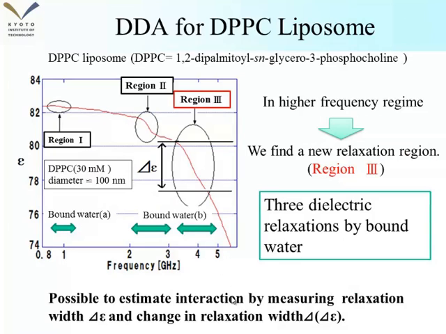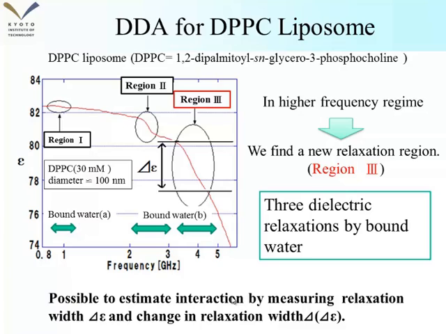We use the DDA for DPPC liposome. We use DPPC liposome in this research, and DPPC is abbreviation of 1,2-dipalmitoyl-sn-glycero-3-phosphocholine. This is measurement result of DDA, that is frequency dependence on permittivity. We use the liposome with concentration of 30 millimolar and molecular diameter around 100 nanometer. As you can see in this figure, permittivity decreases with increasing frequency. And you can see here the dielectric relaxation regions